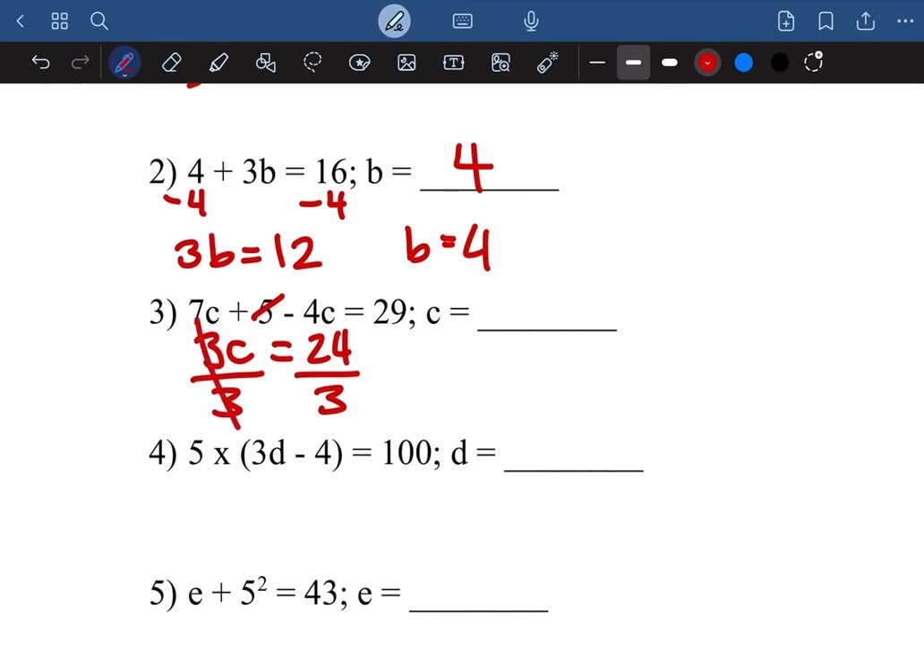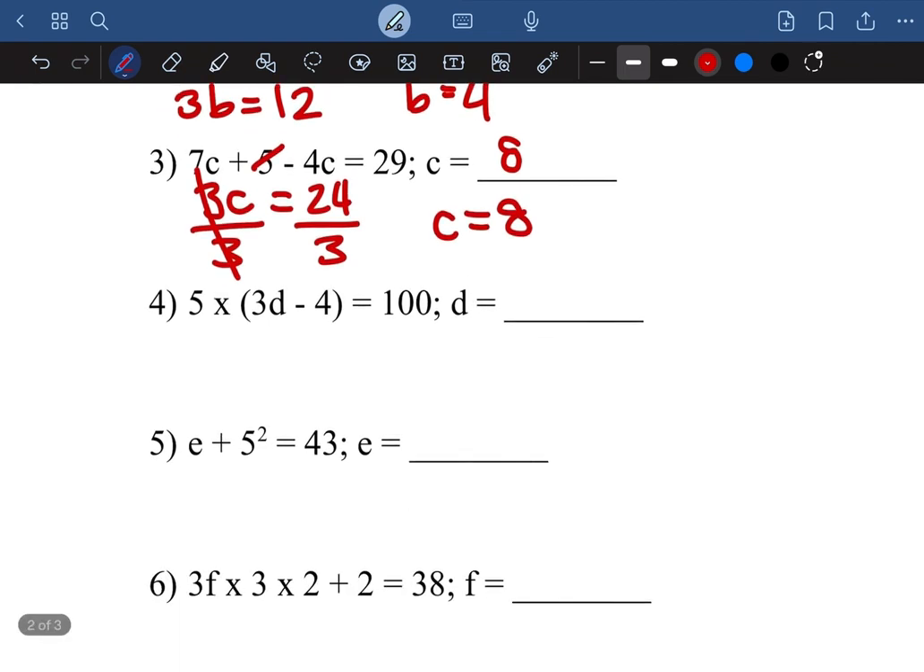The 3 cancels out, leaving c on its own. 24 divided by 3 is just 8. So the answer for number 3 is c is equal to 8. Number 4, we have 5 times parentheses 3d minus 4 is equal to 100, and we're trying to find the value of d. So first, we divide both sides by 5,